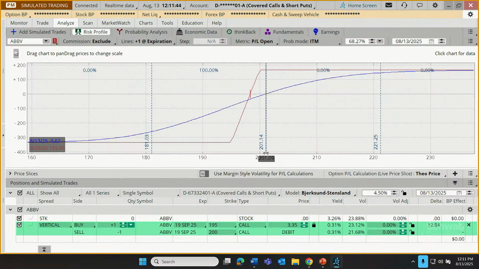So really what this chart is showing us is how this trade is likely to perform at expiration if our stock goes up from where it is or down from where it is. And so if we just look at the current price of the stock and we ask ourselves the question, I wonder how this trade would do on September 20th, that's the expiration of these contracts. Wonder how this trade will have done if the stock doesn't go anywhere. If it just stays at 201.13, well, I can intersect that with my red line. My red line is my expiration profit or loss line. And you'll notice, hey, it's right up there at its maximum.